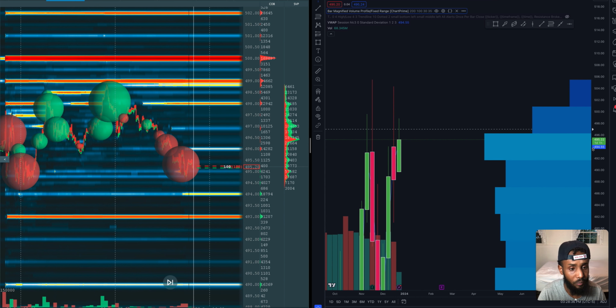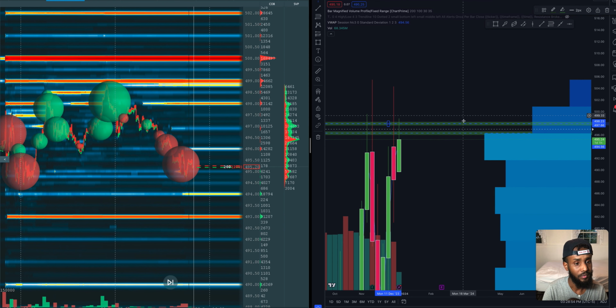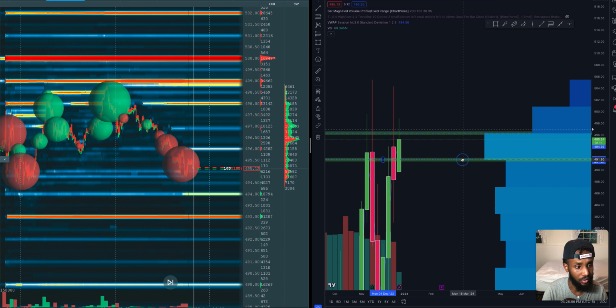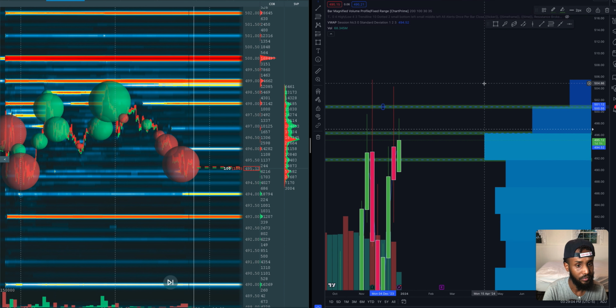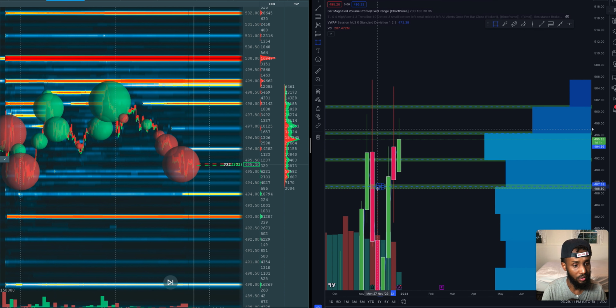So this is Nvidia that I'm watching right now, and I use my square tool, and we can see the price is currently here, this green dotted line at 495.20, and I just highlight my zones in these areas. So we have this, and then we can take this and come down here, and we can add a couple more. So 500 is obviously going to be a strong resistance level, and then we have another zone down here,